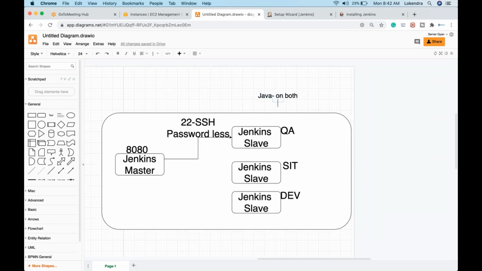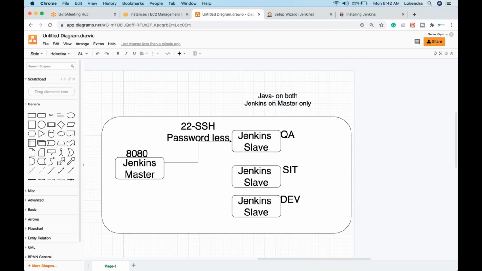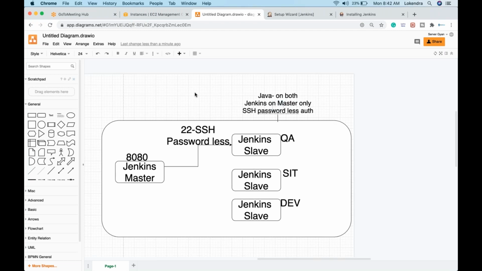right? Then Jenkins on master, Jenkins on master only. And after that, SSH passwordless authentication we have enabled.